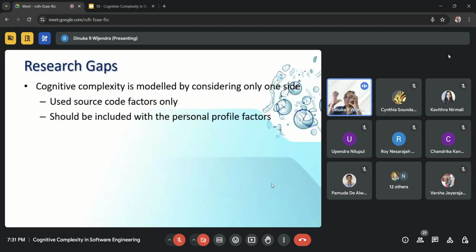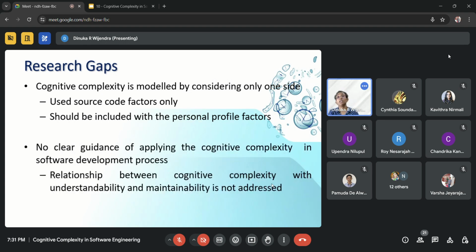The personal factor has to be included, because cognitive complexity asks what the comprehension effort of a user is. If it is talking about a user, how can we ignore the personal profile? That's the main research gap that I have found.